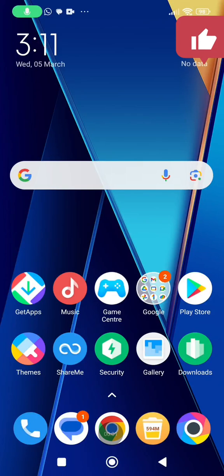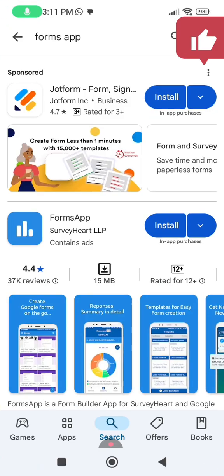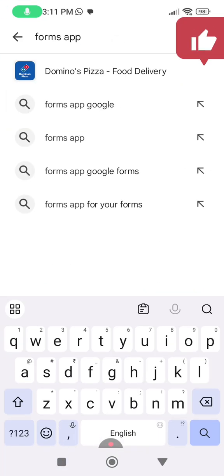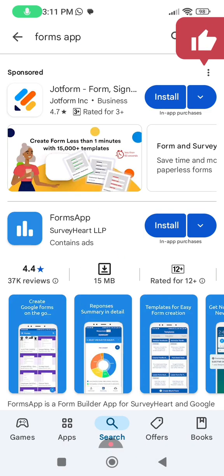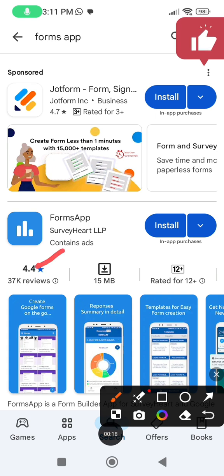So let's see how these Google Forms are made. Before that, you have to go to the Play Store and just type "Forms app" and browse it. You will see this interface, which you have to take. This is the install button, to install it in your